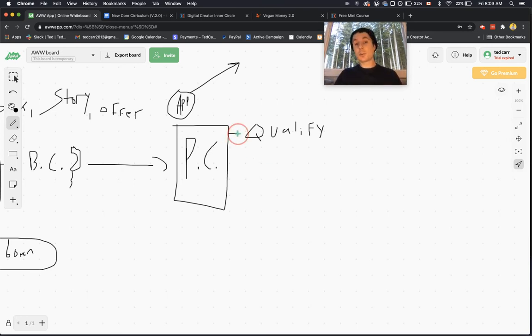That's it. The whole purpose of the phone call is just to qualify people, make sure they're a good fit. And if they are, awesome. Then they take out their credit card or PayPal, they give you some money, and they join your program, and they get help, and they get the results that they want. And this brings me to my next point.